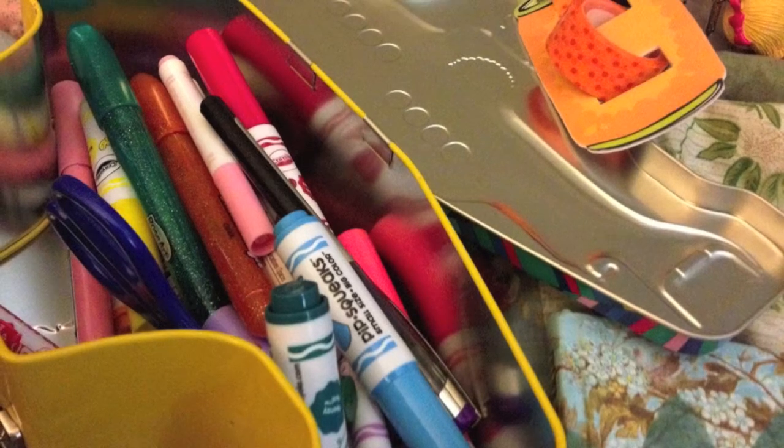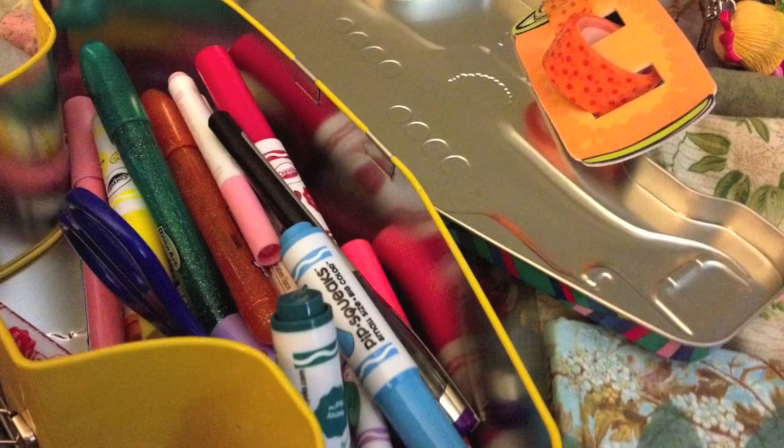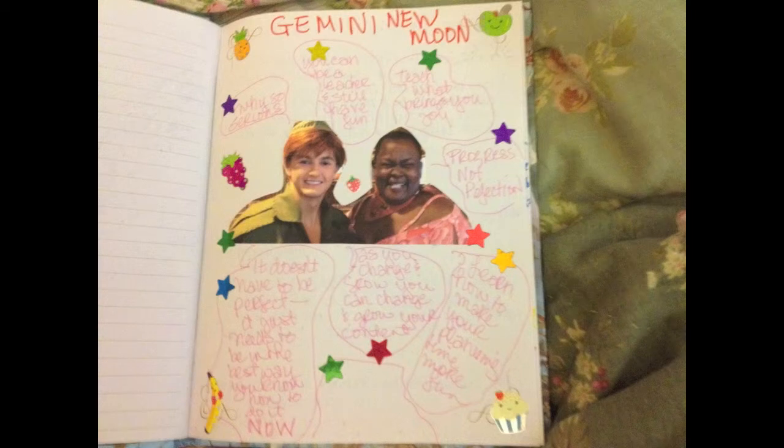As you can see here, these are some of the supplies I use. I might also use watercolor pencils or watercolors in general, and I'll stick some watercolor paper in there. With the Gemini